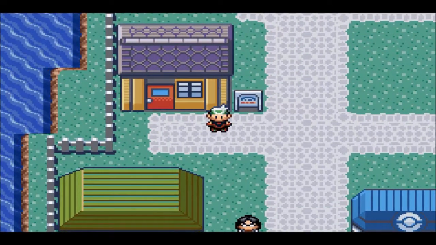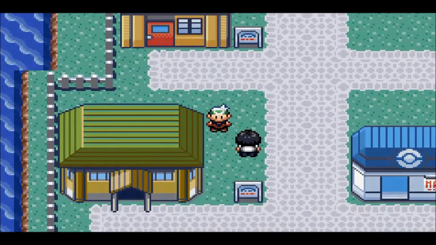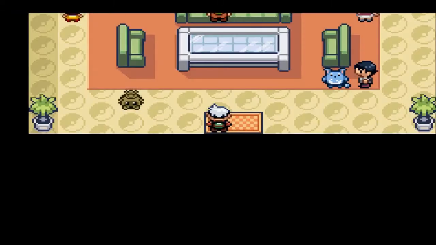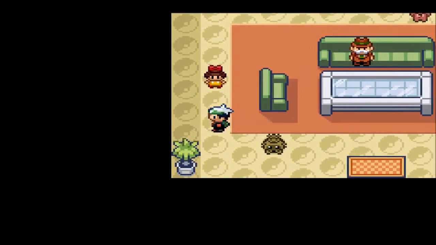There's also the Name Rater's house right here in Slateport if you feel the need to change any nicknames. And there's also the Pokemon Fan Club here, which is usually good for getting free items, so...